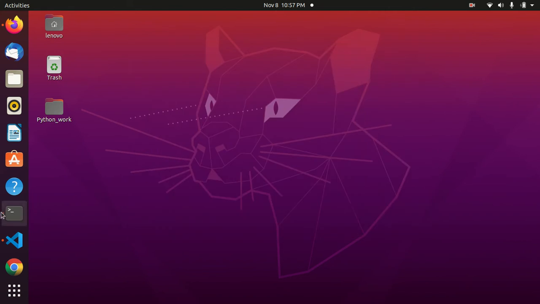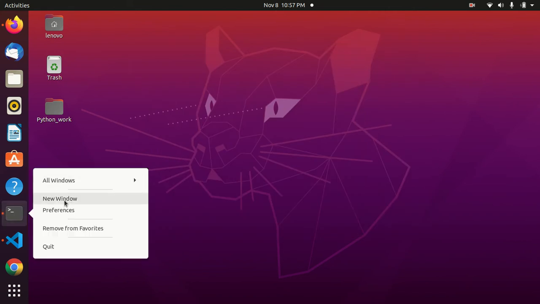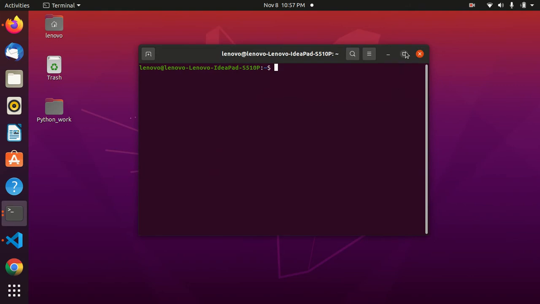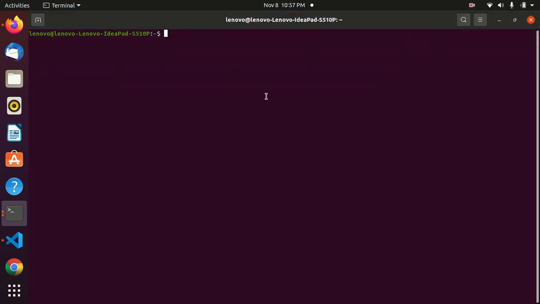Now let's take another terminal and start our Kafka server. For that, first initially we need to go to our directory.